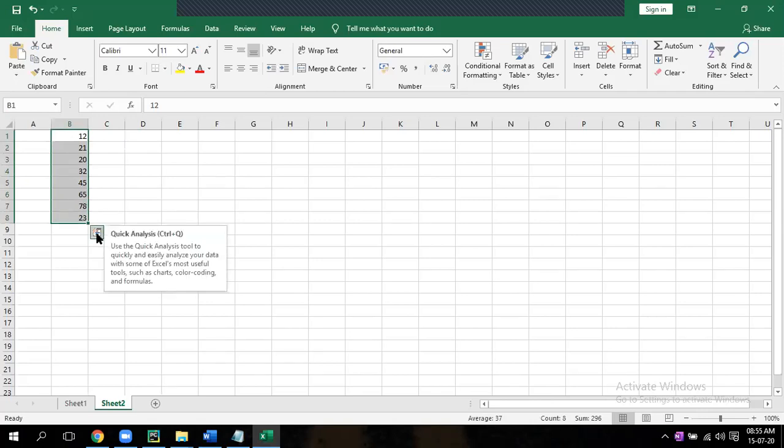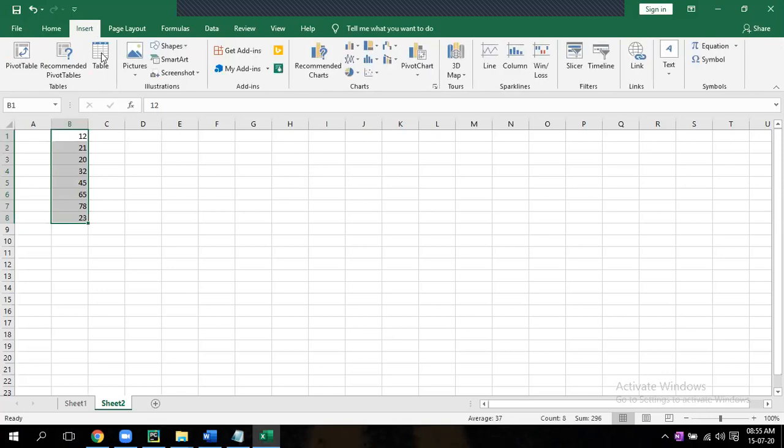Now go to insert. After home there is insert. Click on that. There is a chart, right? No, come left side. These charts, you click that.